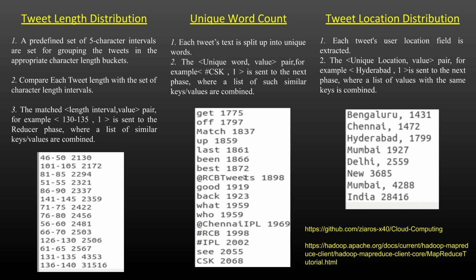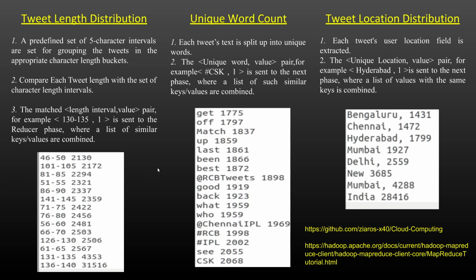Thank you, Harshit. This is Jayant. My work in this project involved designing the algorithms for the MapReduce logic and implementing the code for the three queries run over the IPL 2020 dataset. As mentioned by Harshit before, the queries are tweet length distribution, where each tweet is sorted according to length into 5 character length intervals, as shown here,